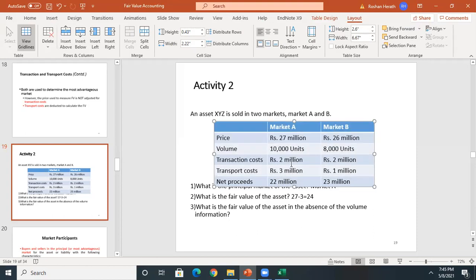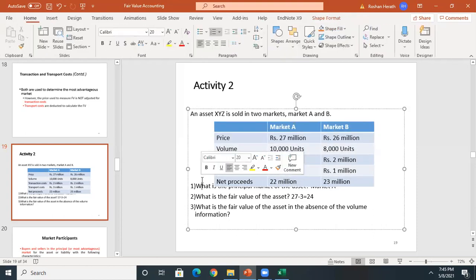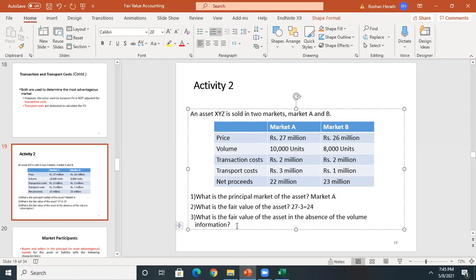So once you identify the most advantageous market, then referring to that, you need to work out the fair value. Then in this market, how do you take the fair value? It is 26 minus 1, as you have very correctly shown. It's going to be 25. Very correct. Yes. So that is the most important concept, right? In fact, this is something we can test even in your examination. If you get this concept right, you have understood what we have discussed so far. This is the very essence. This is a very important thing that you need to understand.